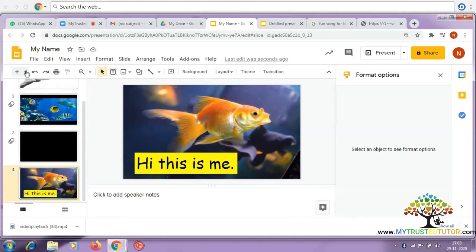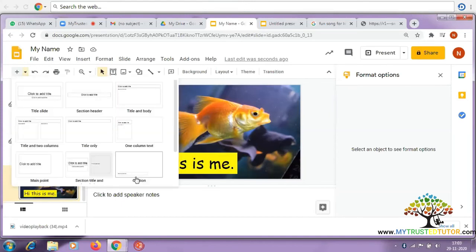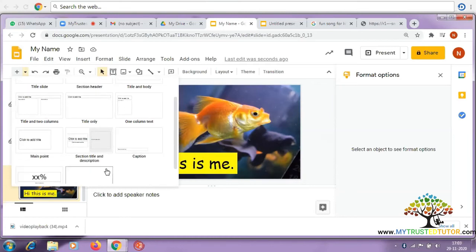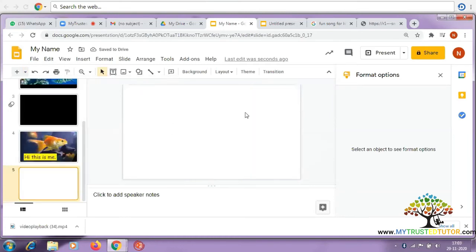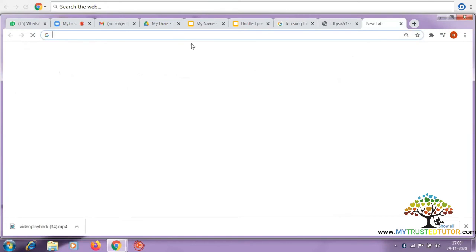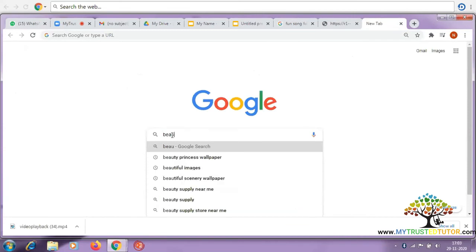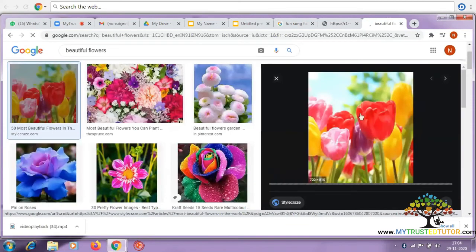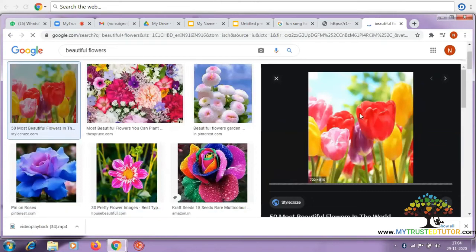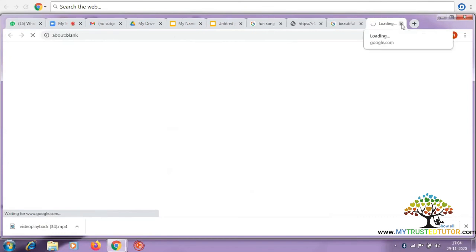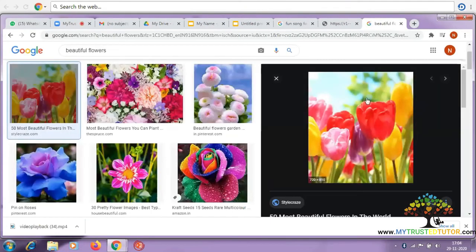Now I will show you how we just take it from the net. So I'll just take a new slide. I've taken a new slide over here. Now you want a picture of a garden, and in the background you won't get good pictures over here. So what you do is you go to a new tab. If you want a better picture, you go to a new tab. Okay, so what I do over here, I just right click it. Don't click on the picture. If you click on the picture, it goes to a different tab. So what we usually need to do is just right click it.